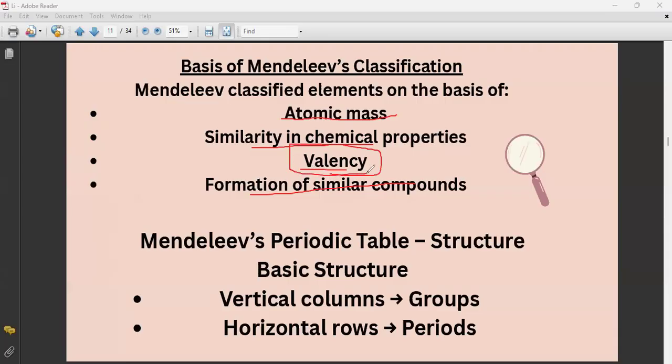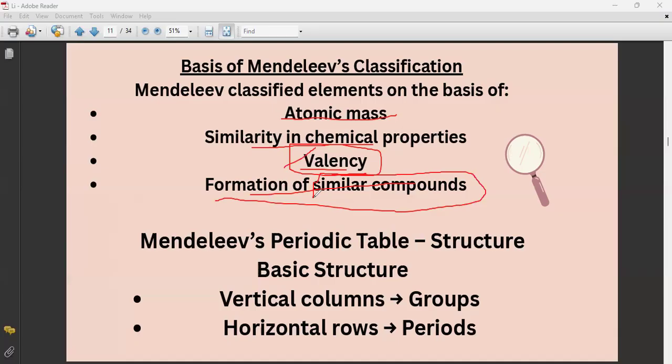What does the term valency mean? I hope you remember it. It is the number of electrons in the outermost shell or the outermost orbit of an element, which it does not share but gains or loses to complete its octet and be stable, and that was the valency. So Mendeleev introduced this new term here, because before that no one had talked about valency, and he also classified the elements on the basis of formation of similar compounds. Several elements form similar compounds, so on the basis of that he